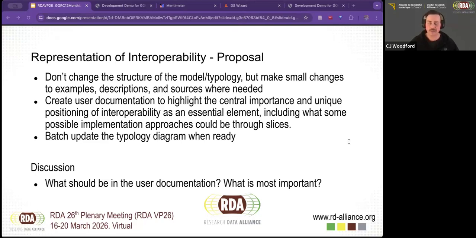That makes sense. And that was one of the main reasons that we had said, despite there being some benefit to moving interoperability out as an essential element or changing what it looks like, ultimately it's the adopters that we want to serve with this output, and it can be up to the adopter how they then treat interoperability. So it was exactly that point that I was thinking about when we were thinking about this proposal.